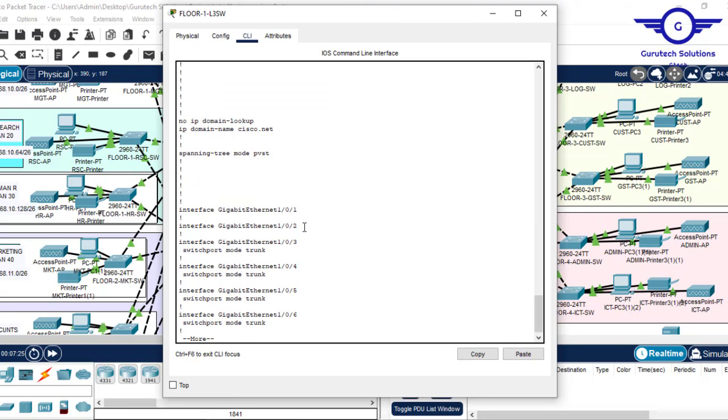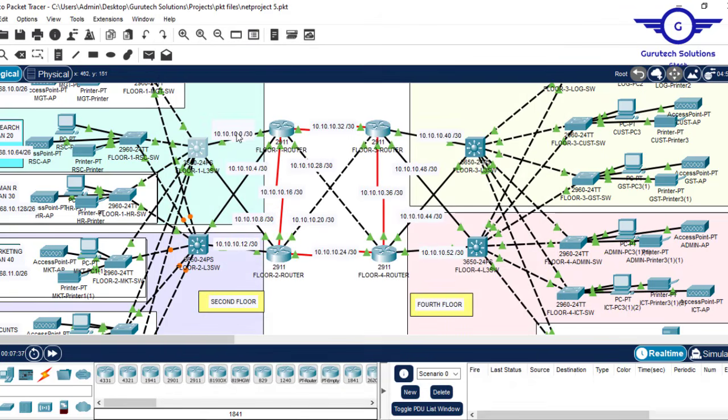So as you can see, the first two are layer 3 interfaces. So what I'll do basically is to assign IP addresses to these interfaces. I'll start with this one, then we come to gig 1/0/2. So gig 1/0/1 should take